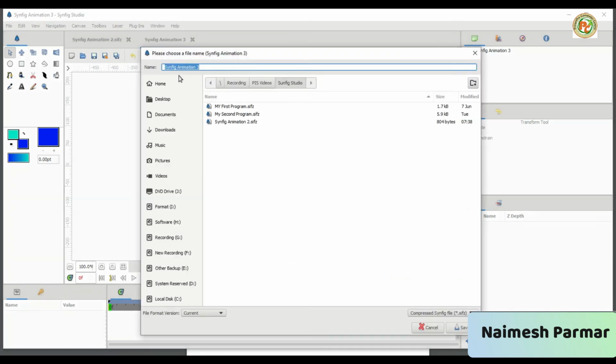Now press Ctrl S, and then we'll type here moving circle with four sides. As you see here, by default the extension of Synfig Studio is SIF G. So save it.